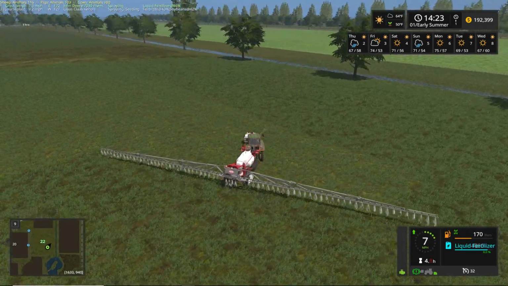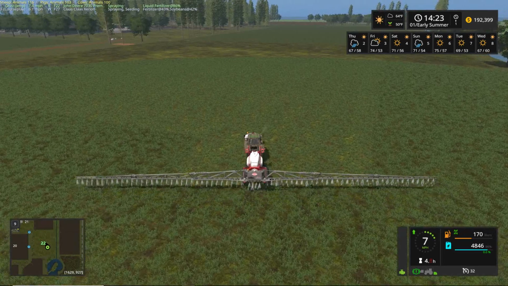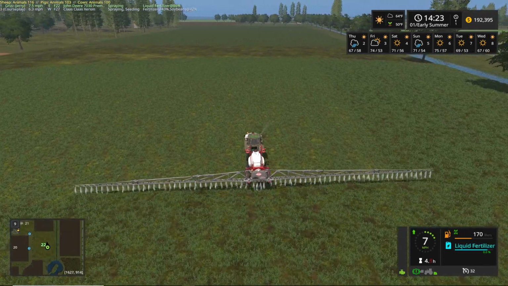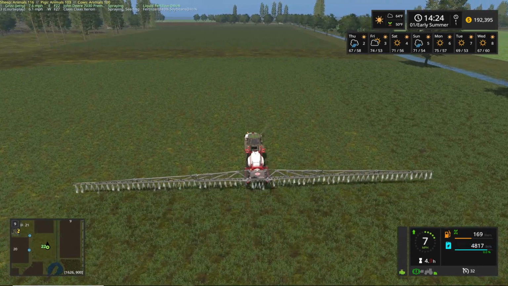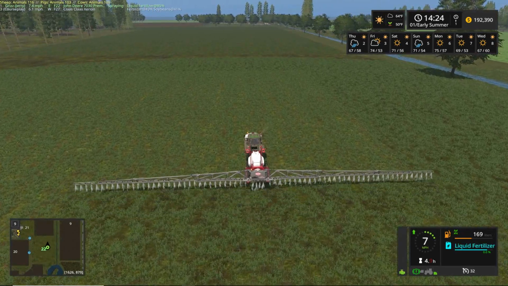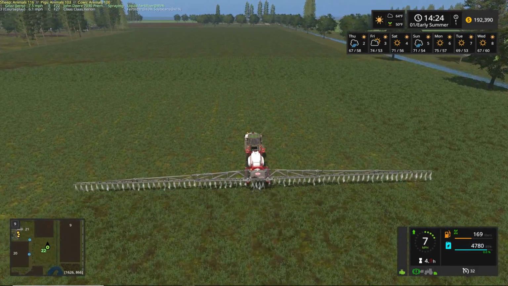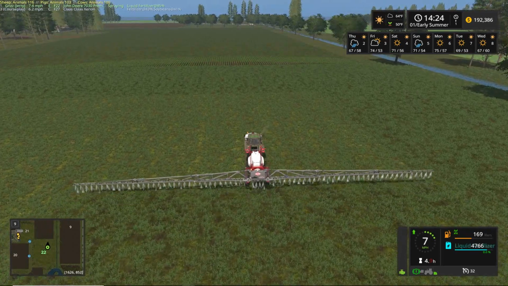So I went to all the trouble to put those in and do all the gravel work and everything to make it look nice and neat. And so he put those back into the final release, which is obviously available on the Giants Mod Hub. So if you are interested in playing this map, then obviously you're going to be playing the updated version that's going to have the compost facility,